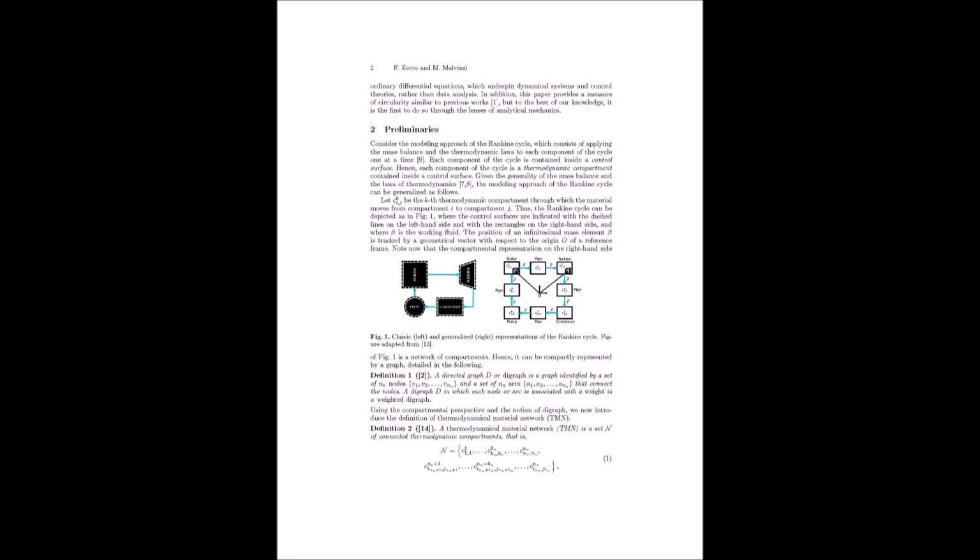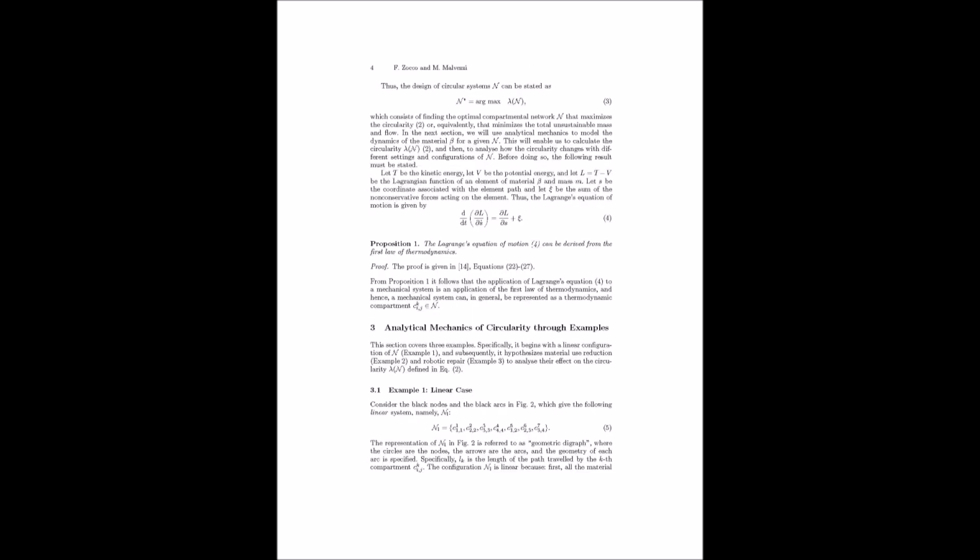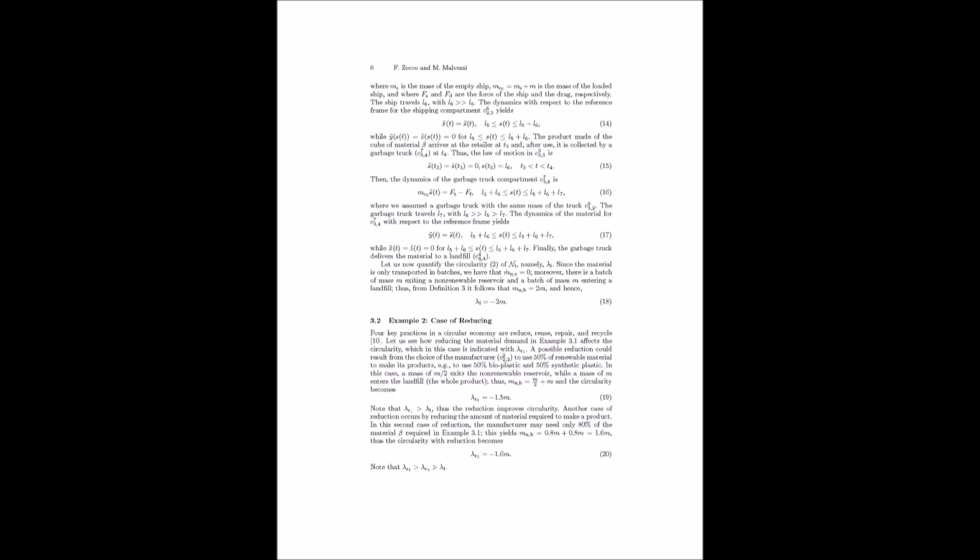And by using renewable materials, we've effectively cut the unsustainable mass derived from non-renewable sources in half. So instead of having the unsustainable mass be 2 meters for the non-renewable source and M for the landfill, it's now M/2 for the extraction plus M for the landfill. Right, and this change is reflected in the calculation for lambda, which now becomes minus 1.5 meters, as shown in equation 19. Which is a significant improvement